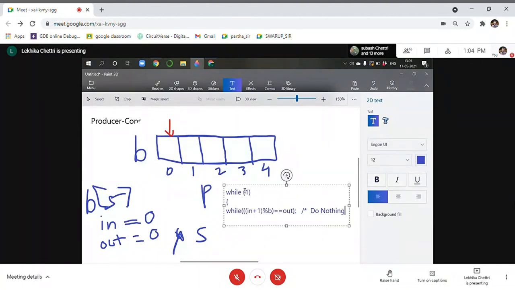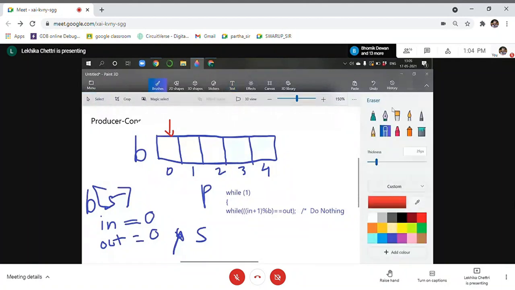See here, my while condition is true. I told you what my in is: my in is the next free location. So my next free in this case is 0.